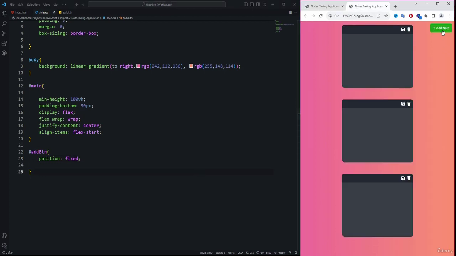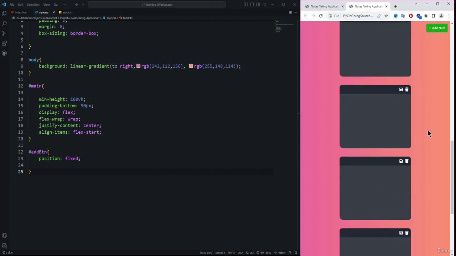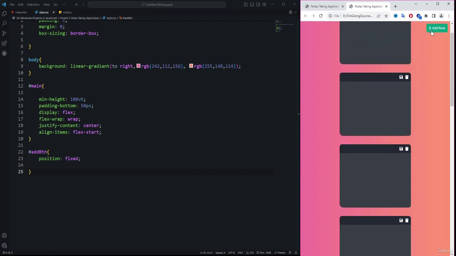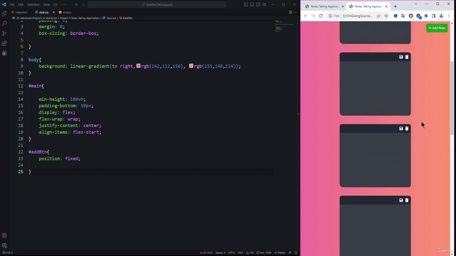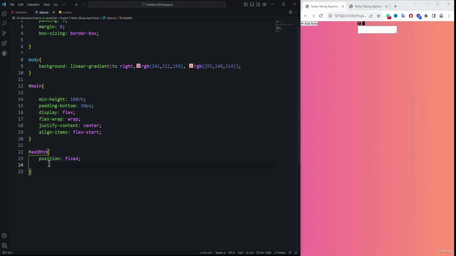Doesn't matter if I scroll. If I enter here multiple node stickers, then you can see if I scroll to the bottom of the web page, this button is still present at the right side of the browser. That is because of this particular fixed property. So coming back to the other version of the application, after specifying the position to fixed, then we need to